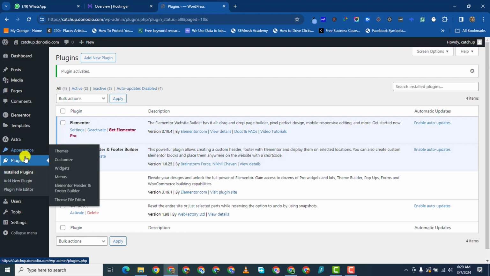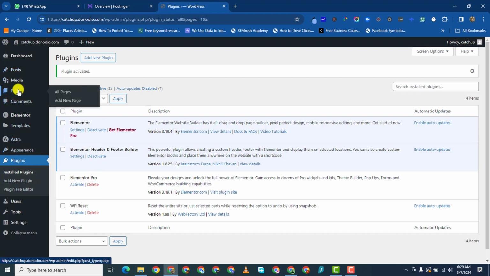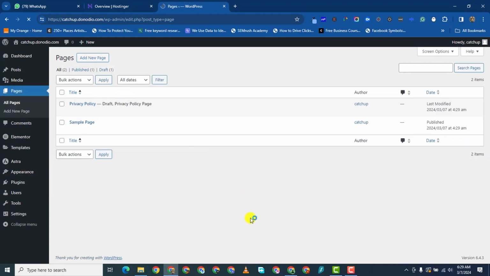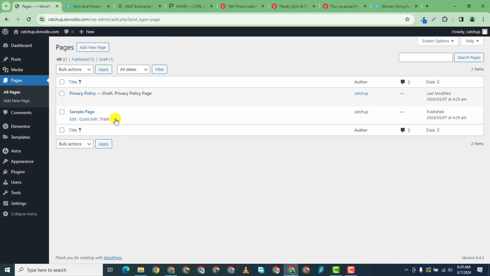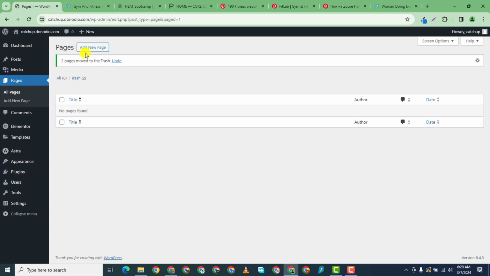Next, we want to create a page. Come under pages, click on all pages. So this is what you get under all pages. Click on add new page. First of all, we can go ahead and delete these ones. Move to trash. Click on add new page